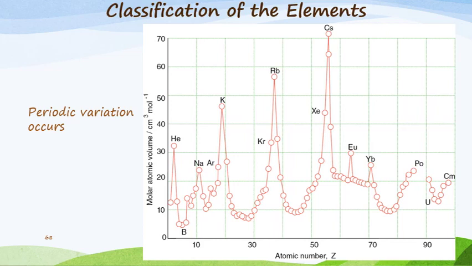And you can see that at the beginning of every period where you have say potassium, rubidium and cesium, those are the elements that have the largest volume, and as you go across the periods, the size of the element changes, as you well know. So this is mostly a revision section